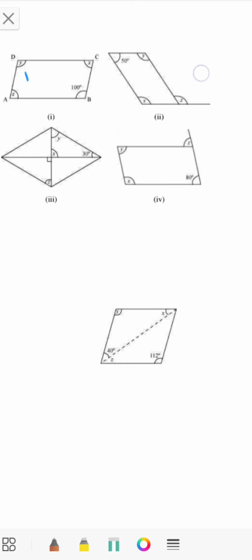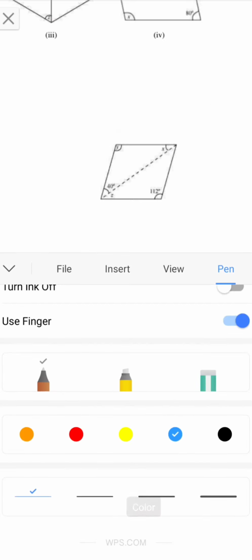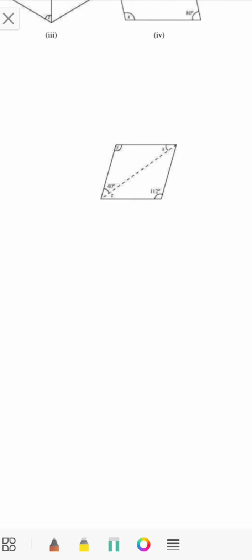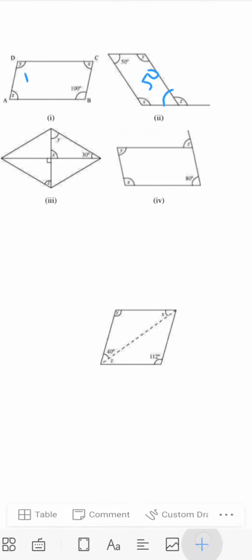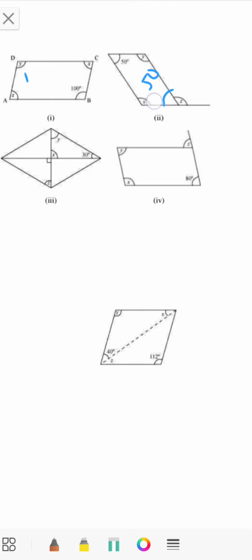Okay, let's move to the next one. Here again you have to find the values of x, y and z. If you take a look, I will not get z from the opposite angle, because z is an exterior angle and the opposite would be an interior angle. So what will I do? I will take help of this and find this angle, 50. And now, I told you that if it is not possible directly with the property, then you will take help of linear pair. So you can see that this 50 and z are making a linear pair.